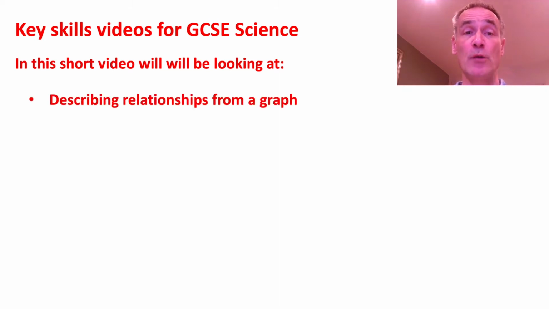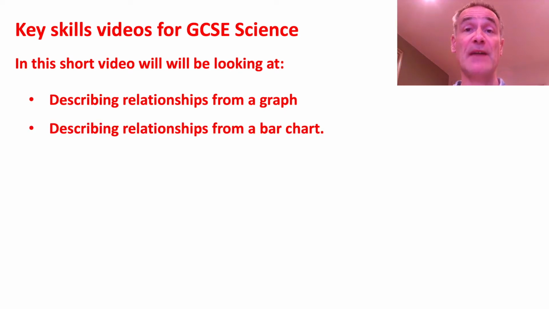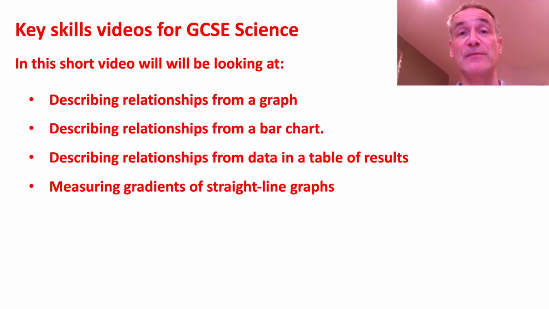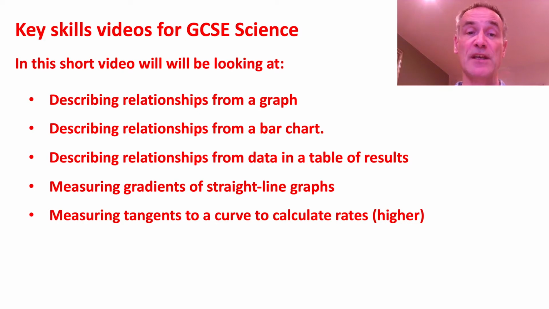So in this short video, we're going to be looking at the following skills which come in the biology papers, chemistry papers, or the physics papers at GCSE. We're going to look at how we can describe relationships from a graph. We'll look at how we can describe them from a bar chart, and also how we can describe them using a table of results. We're going to check we know how to measure the gradients of straight line graphs, and then go on to higher level questions and skills which look at how we can measure tangents of the curve,